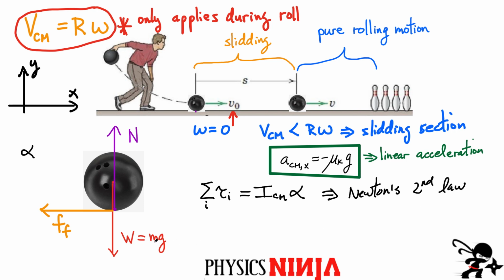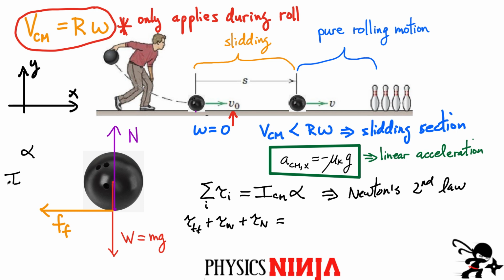Okay, so we have three forces acting on the system. You have to look at all of the torques. Let's look at the torque due to the force of friction, and add it to the torque due to the weight, plus the torque due to the normal force. And again, that has to be equal to the moment of inertia